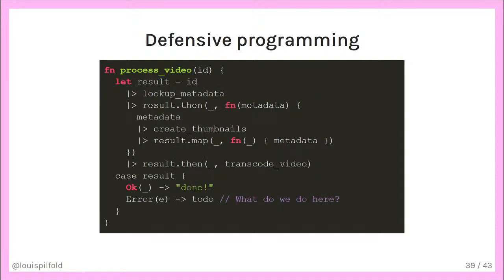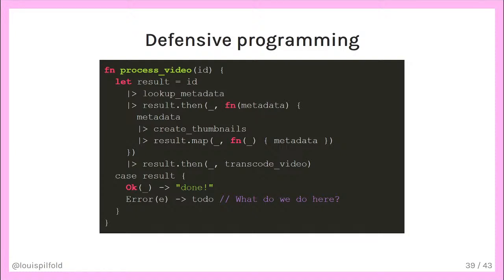We could rewrite the job using some higher order functions that extract some of the conditional logic. This removes the nesting, but now the reader needs to be familiar with all of these combinators that have been used in this code, and the code is much more complicated than what we started with. And to make matters worse, it's not even clear what we should do with the error once we have it. There's no user to return the error to. Perhaps we need to create some sort of error logging system.